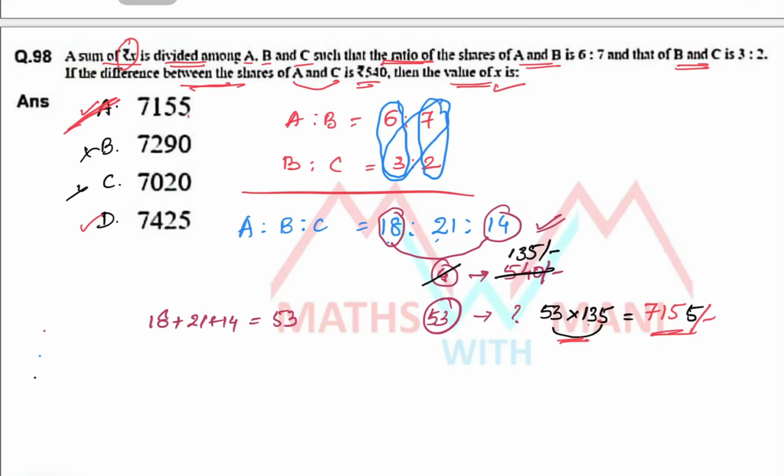So this is about 98. If you find out the direct ratio for A is to B is to C, then it is easy. Not only here where A is to B and B is to C is given, in some other problems A is to B, B is to C and C is to D is given, and you have to find out A is to B is to C is to D. We can also directly get that value. In the next shift the model came, and I'll explain in that video.